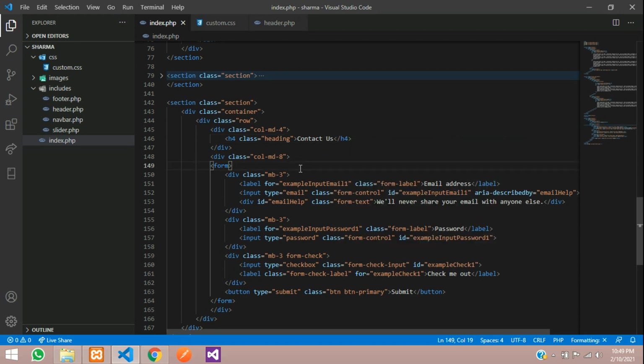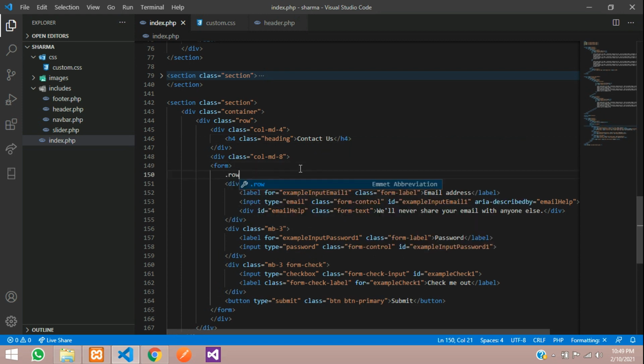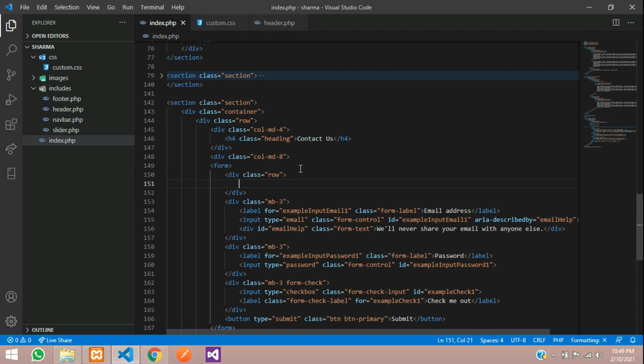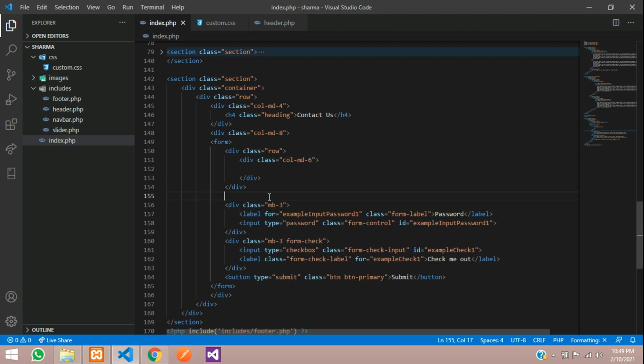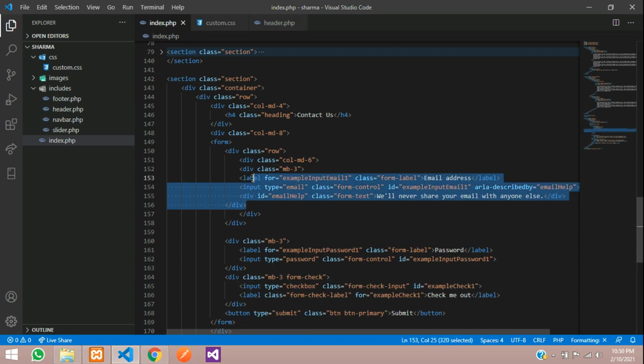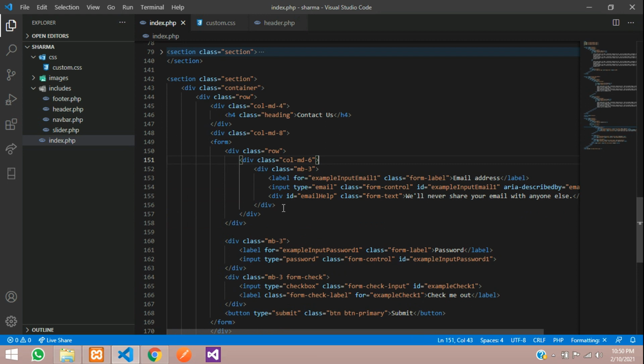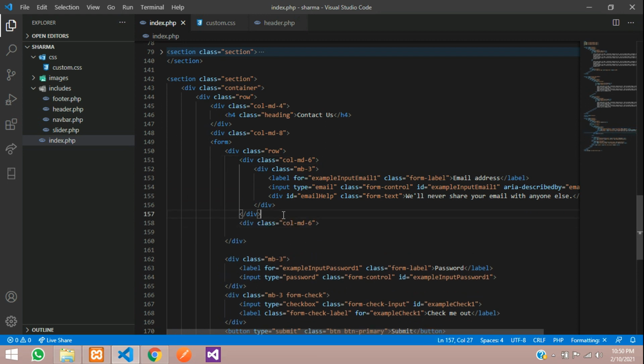Here we are going to create a row and column md6, paste here, copy this column md6 again and paste it here,